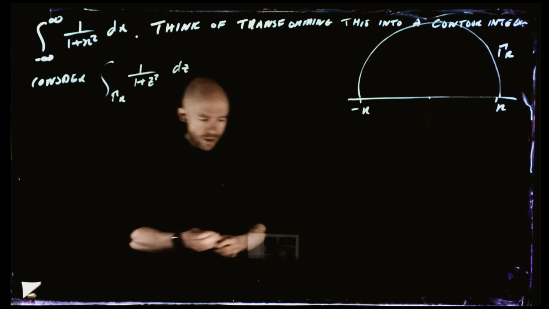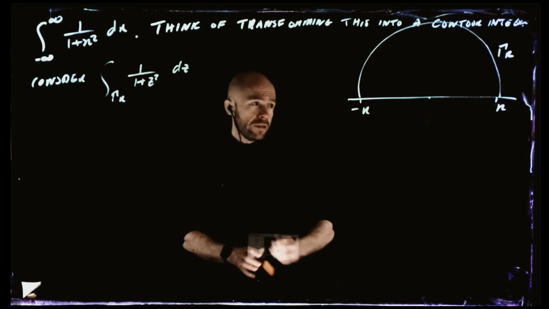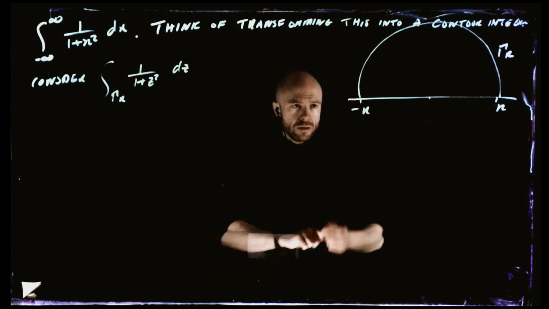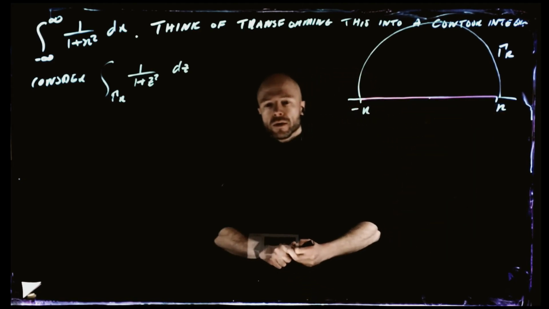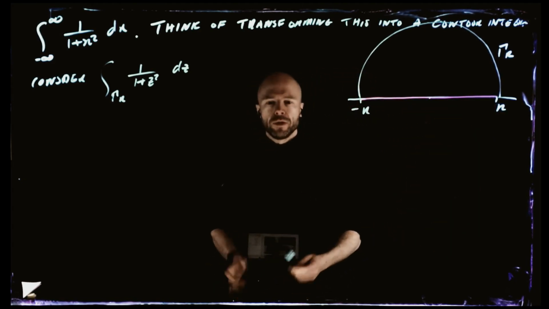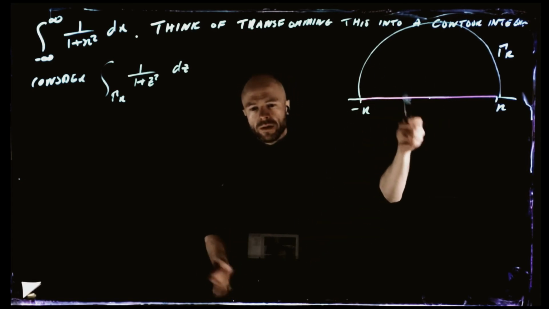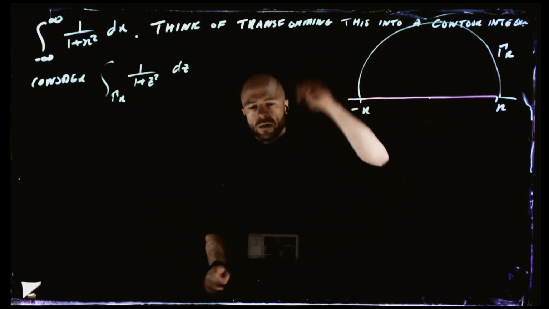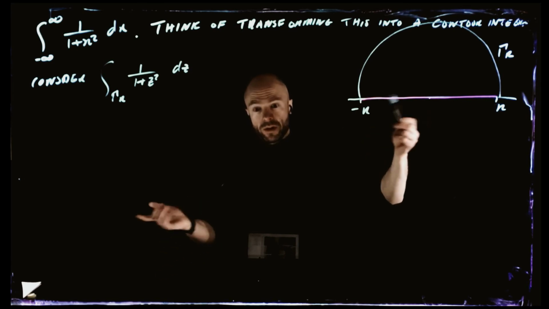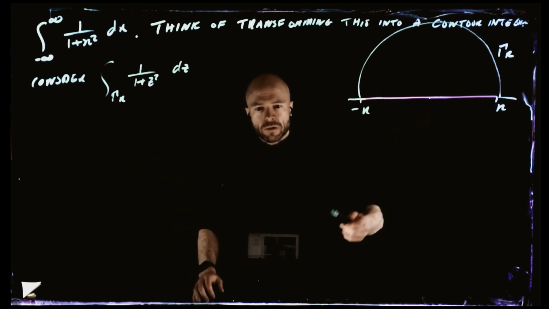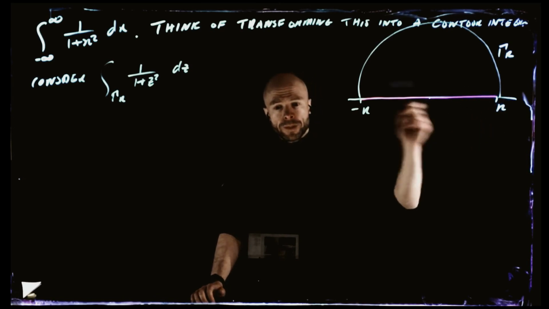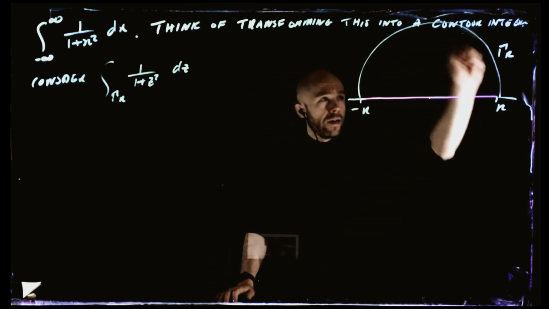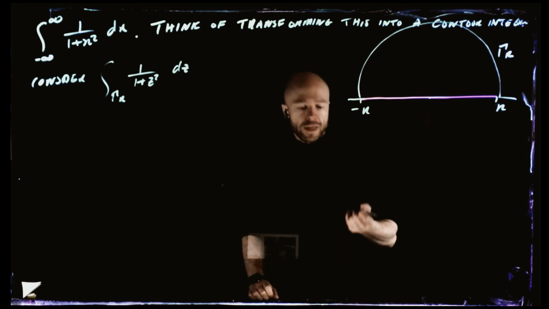Now, the part which is along the base of this is exactly part of the thing we want to understand, because when z is on the real numbers, then 1 over 1 plus z squared is 1 over 1 plus x squared. Yeah, that's exactly what we want. This is the thing we're actually interested in. And it turns out that we don't have to care about the other part, particularly because if we look